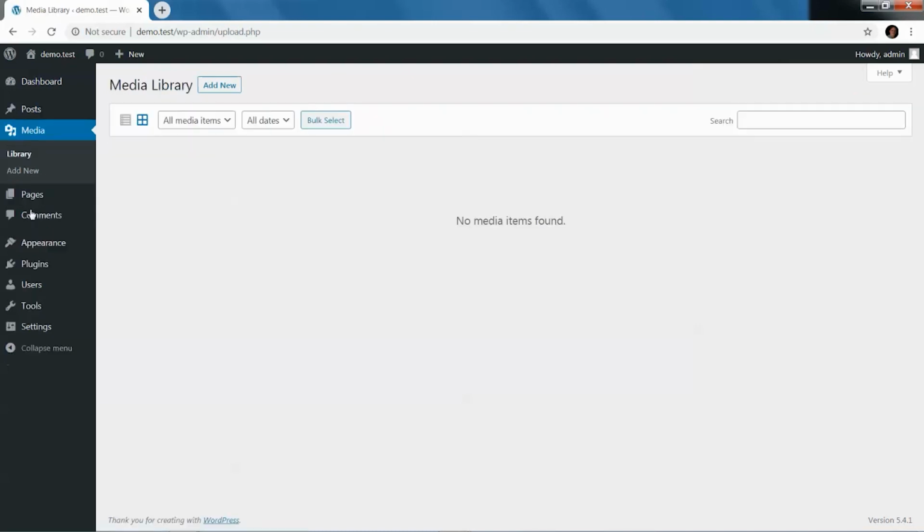Under posts, we have media. And media basically is where your uploaded images are located, along with Word documents. You could even have audio and video hosted here. I don't really recommend hosting audio and video on your site, for a couple of reasons. If you're paying for a hosting plan, or basically any server space, you're paying for a certain amount of space on that server. It might be a few gigabytes, it might be less than a gigabyte. Most of the time, you're probably going to be looking at a few gigabytes in storage space.